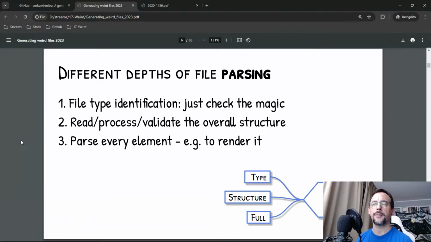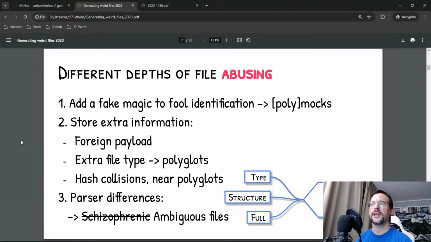So there are different depths, and it depends what you want to abuse. Sometimes you just need to abuse identification to fool a parser, and that's all you need, because the identification leads to the background process of security scanning, for example. And with each depth comes a different possibility of abuse. So if you want to add a fake magic,